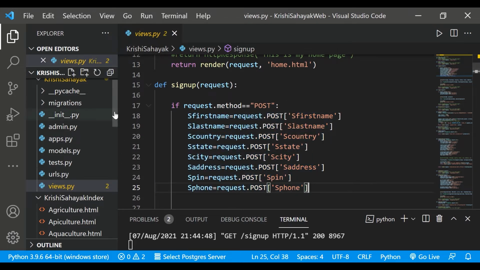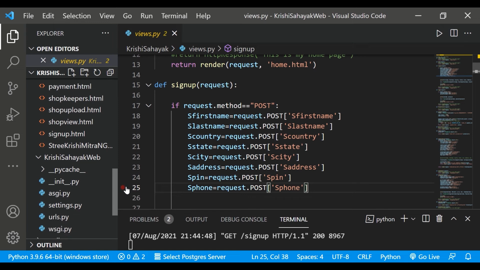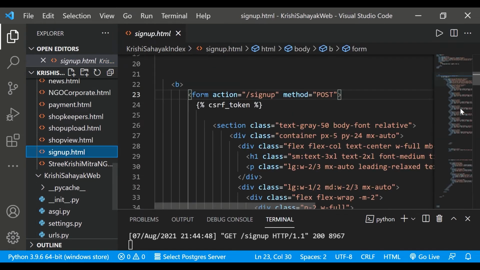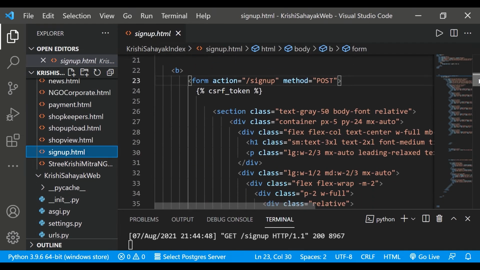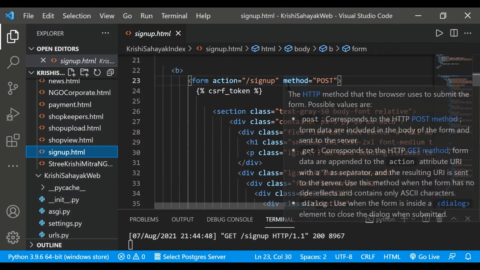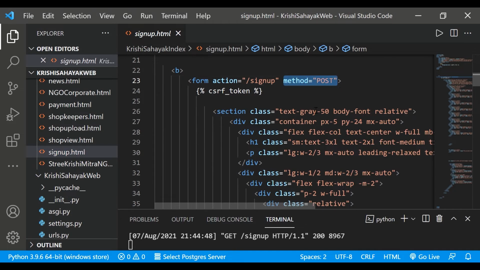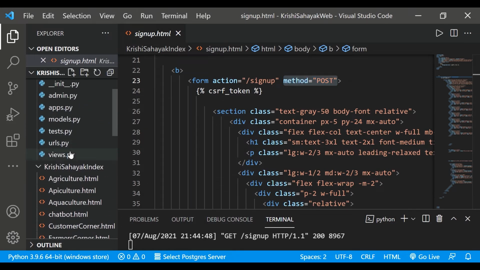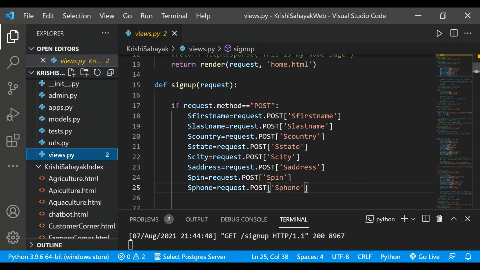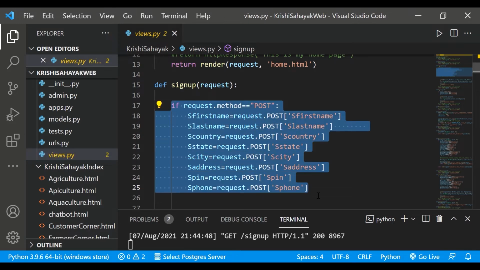We go back to signup.html, and here we see that there is a form and the method is written as POST. So when someone submits this form, when the method is POST, at that time this function has to be called and this code has to run.